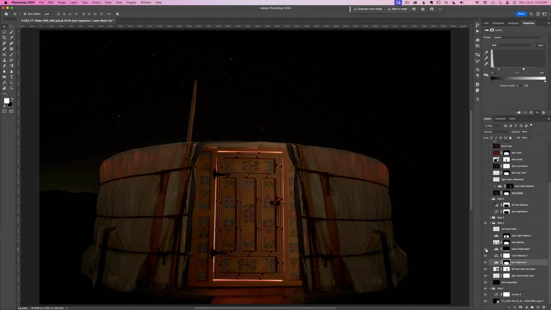I finished step 2 with a color balance adjustment layer for more warmth overall, evened out the exposure on the lower part and the stairs, added some red glow to the tent, evened out the exposure offset between the door and the tent, and switched the light leaks of the door to red, matching the mood of the scene.